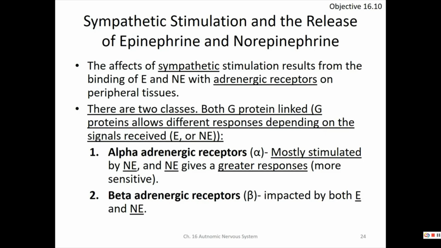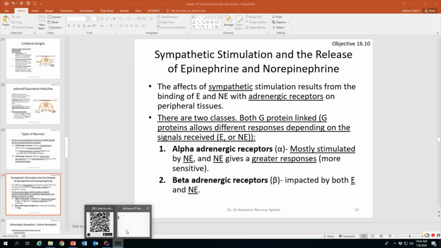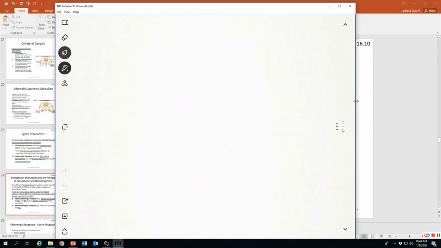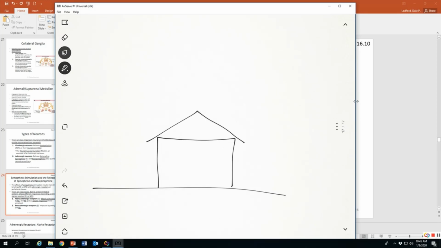Now, they use what's called G-protein linked receptors. Now, what does it mean to be G-protein linked? G-protein linked is kind of complicated to talk about. So let's imagine a G-protein linked receptor a little bit here, okay? This is difficult to think about. Now, G-protein linked receptors,